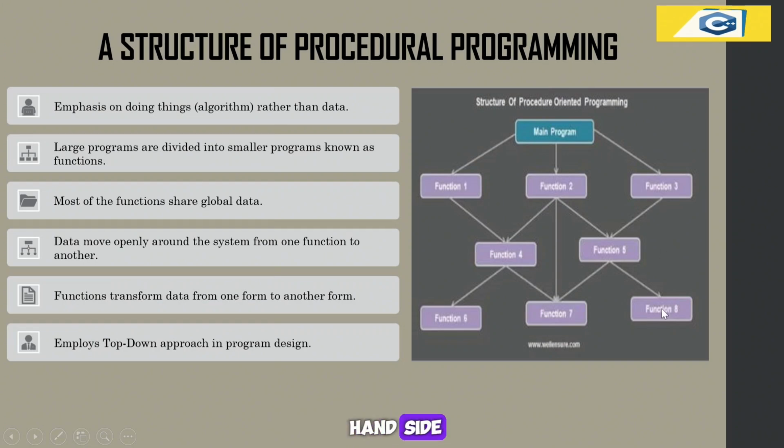On the right hand side you can see the structure of procedure oriented programming: we have a main program which has a number of functions in it. In procedure oriented programming the main emphasis is given on algorithms rather than on data, which means we focus more on the procedure, the sequence, the step-by-step execution of the program, rather than giving importance to data.